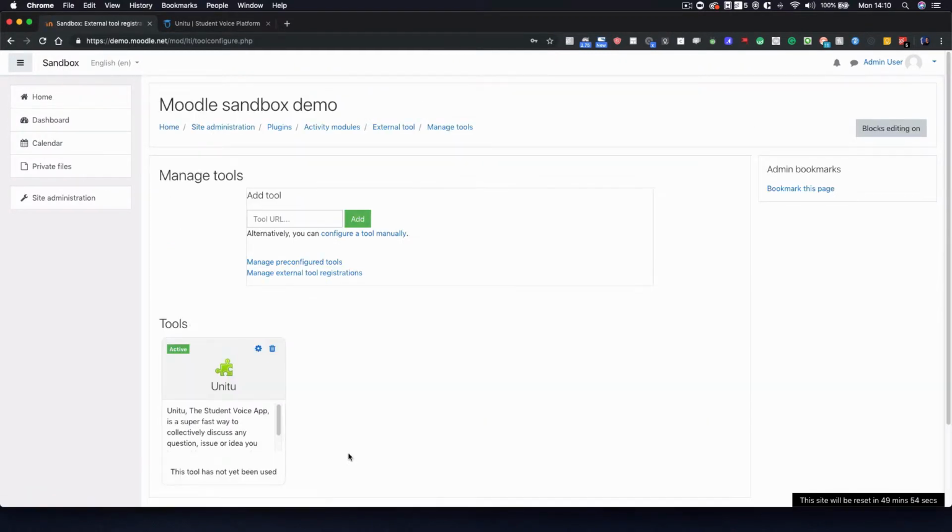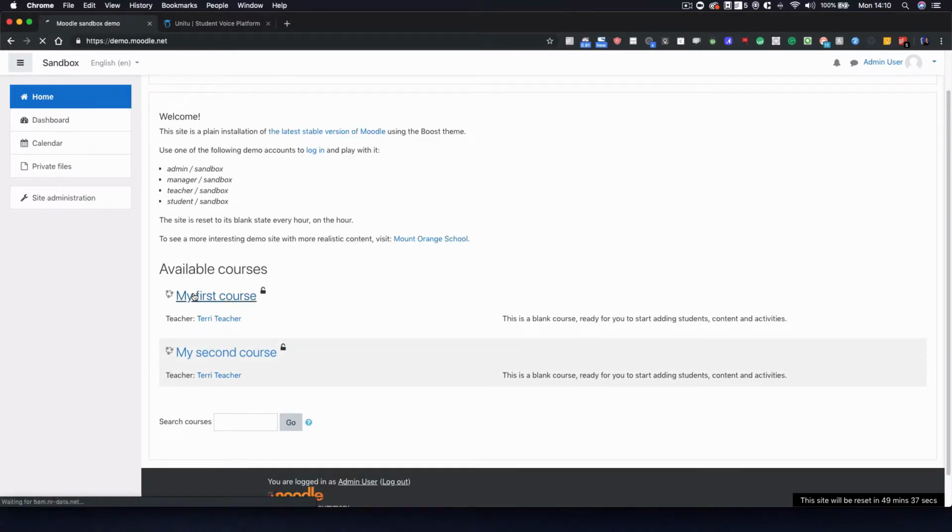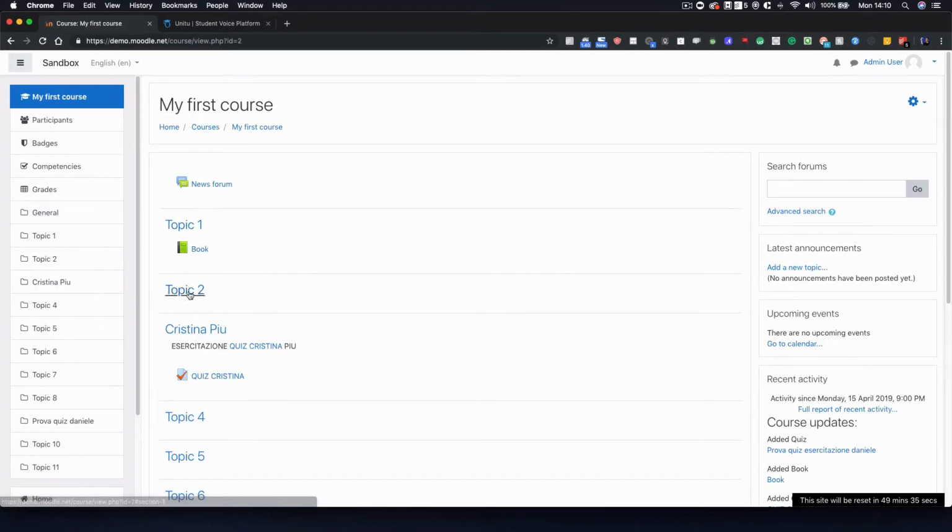Now your tool has been added, you now want to configure it in different areas of the platform. So your teachers or any course managers can now add this external tool to any of their courses. So I'm going to show you how you can do that now. So if I click on home and I go to my first course, we can add it in the topics, or we can add it as something on the top of the header here. So to do that, you click on the settings icon here,